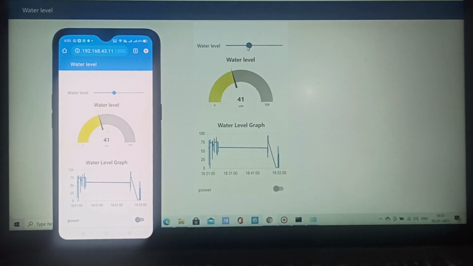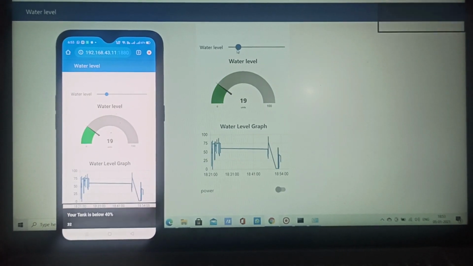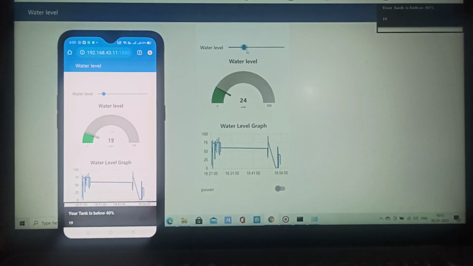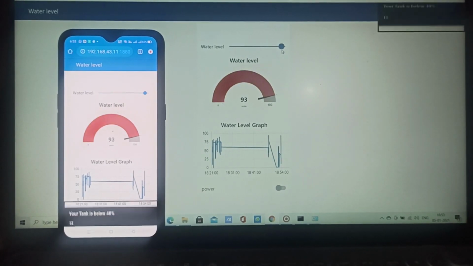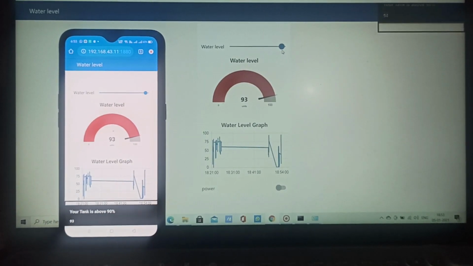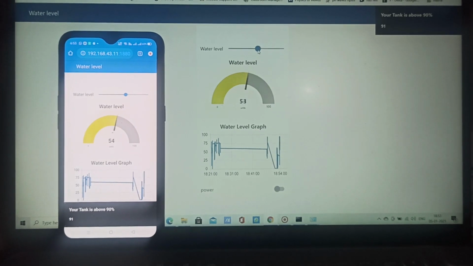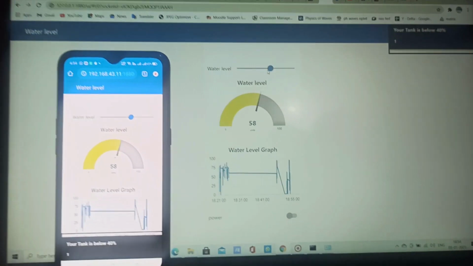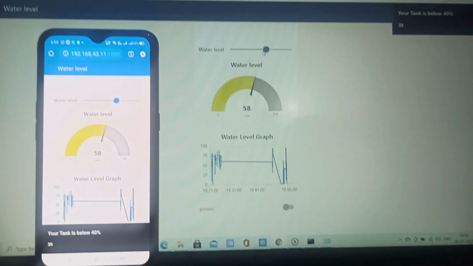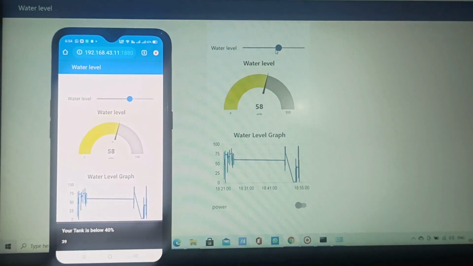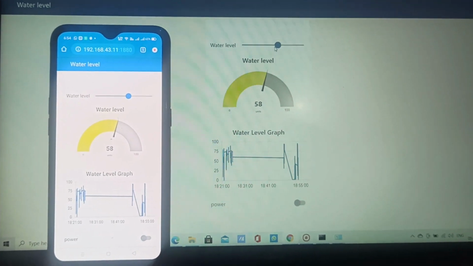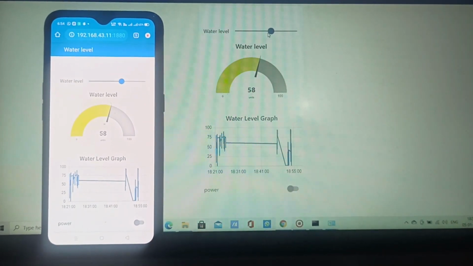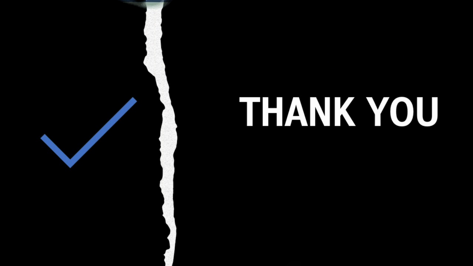The whole user interface can also be accessed on a mobile phone by setting up the LAN. You can see that it is updating in real time. As I slide the slider on the desktop, you can see that it gives real-time inputs on the smartphone. So it provides convenience, basically to automate the whole process of tank filling. So that's it. Thank you.